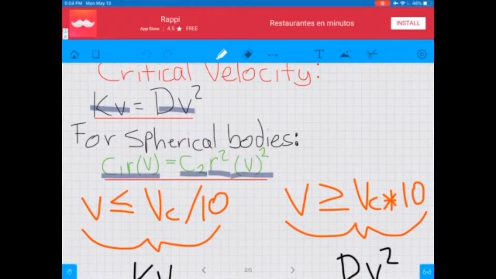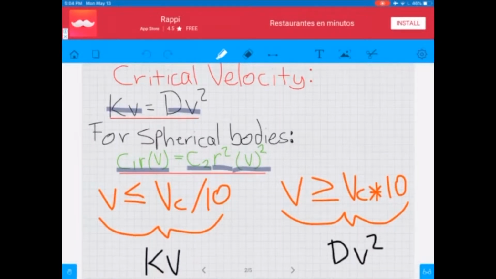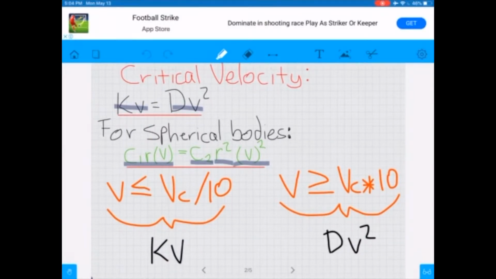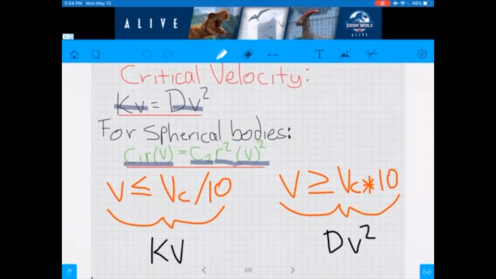Now C1 and C2 are values we already have, given in our final project guide. And it's also important to understand that the viscous term dominates for speeds smaller than or equal to our critical velocity divided by 10, and that the drag term dominates for speeds bigger than or equal to our critical velocity times